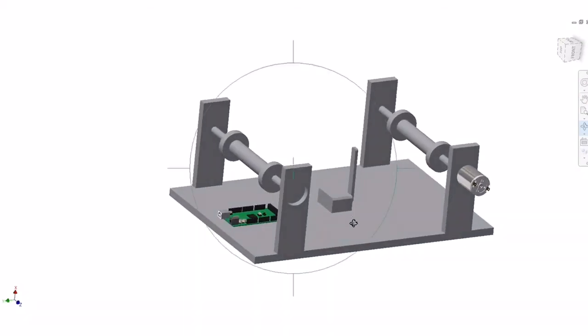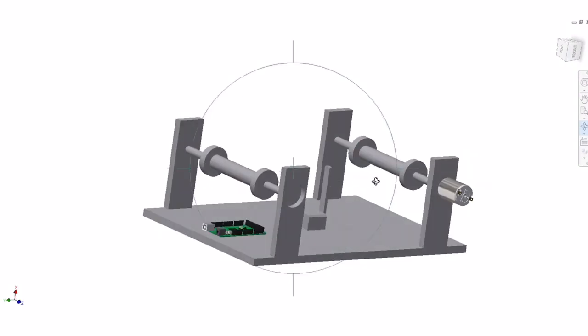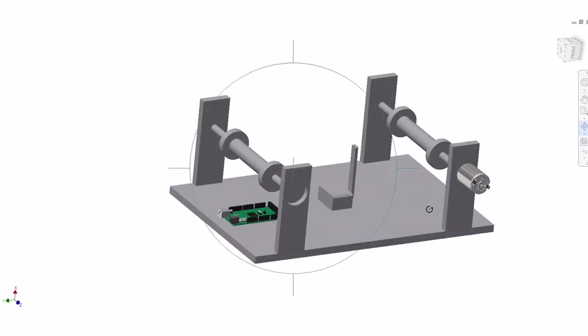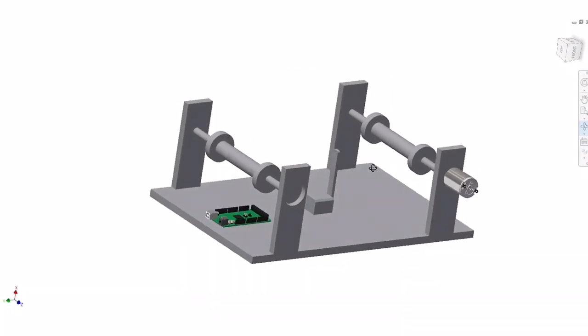Moving on, the second subsystem consists of a servo placed at the center and attached to a stick made up of acrylic sheet having a hole at the corner. The third subsystem consists of a spool made up of nylon rod of 25 mm thickness, attached to a motor at one end and a dummy motor at the other end.